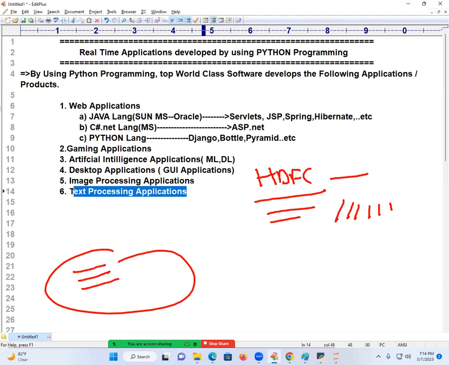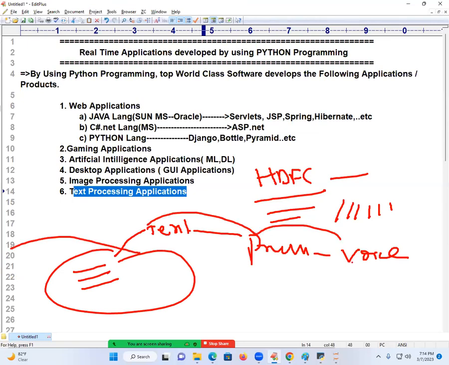That sentence is called text, processed into voice. A text processed into voice. Voice can be processed into text. That is called text processing mechanisms we can call.